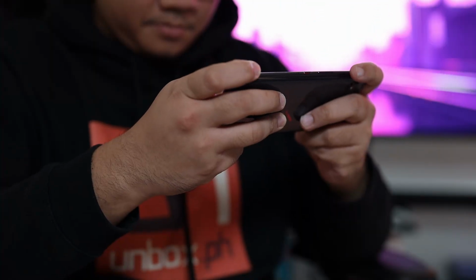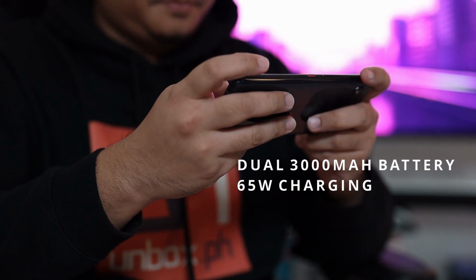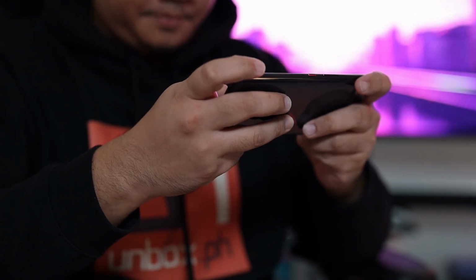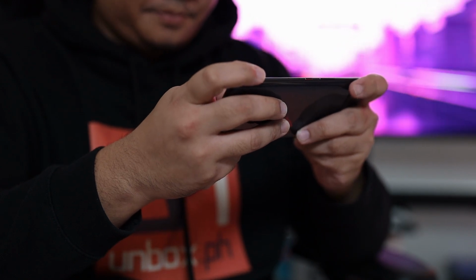Another aspect where this gaming phone wins is its battery. You're getting dual 3000 mAh batteries for a total of 6000 mAh, which should last you at least the whole day, but the phone also ships with a 65-watt charger, so you'll be up and running in no time. Of course, this is just an unboxing and there's more testing to be done to see how long it actually lasts,